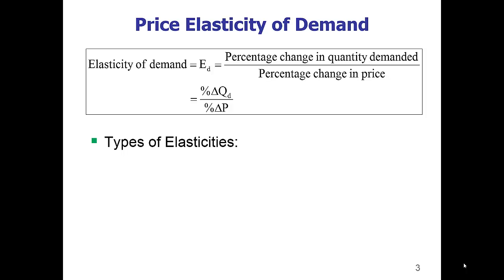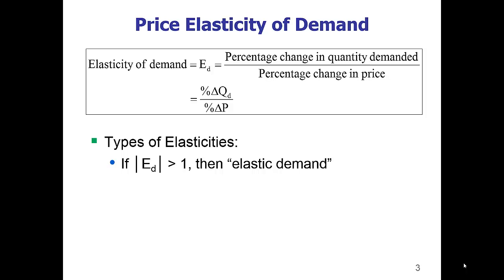There are different types of elasticities. As we mentioned earlier, if consumers are very responsive to the price change, then we're going to have elastic demand. And what that means is that the numerator for our elasticity of demand equation is going to be larger in absolute value than the denominator. So for instance, a 3% increase in price will lead to, in absolute terms, a decrease in consumption of more